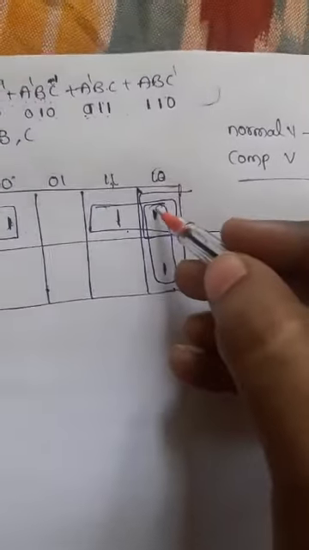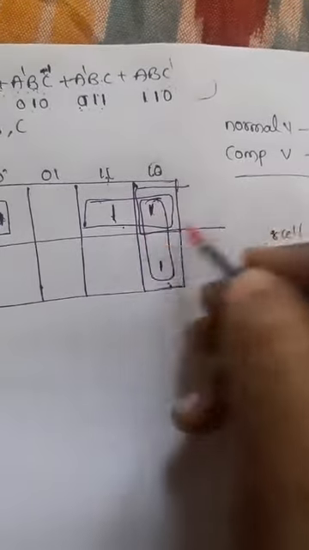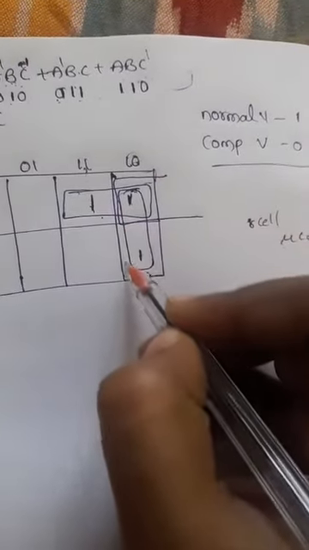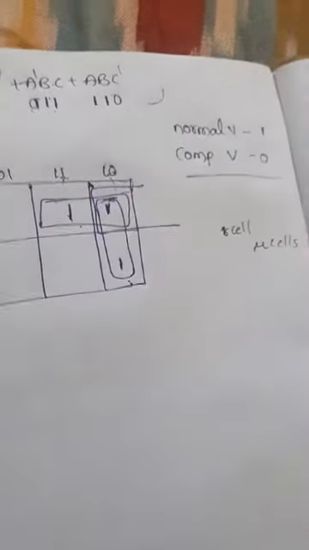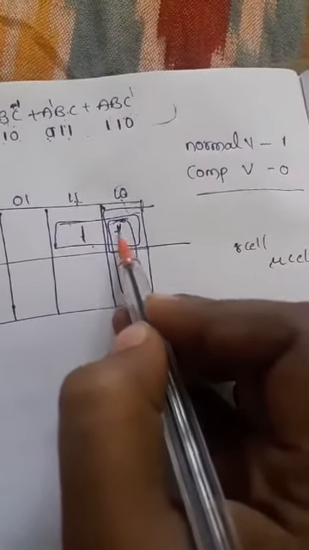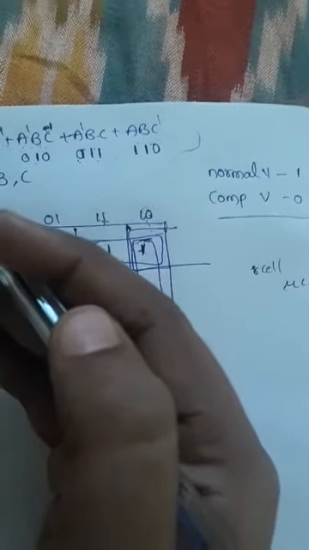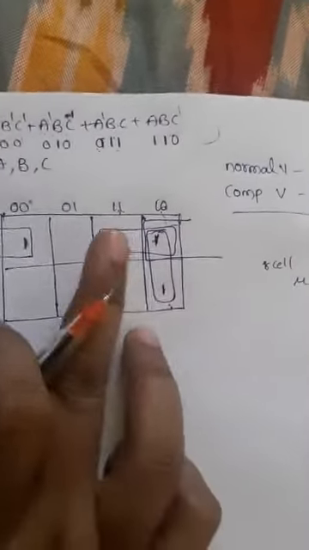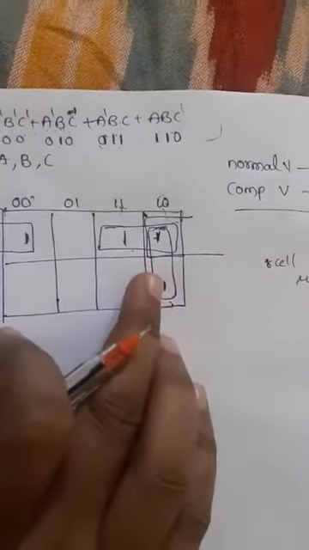Double is nothing but, just check it, these two are one pair and these two are one pair. That means we need to group two cells, that is a double, right? So I can group like this, these are the two cells and these are the two cells. Once a cell is grouped in one group, it can again be combined into another pair also, no problem. So overlap is possible in a K map. You can group like this also. These are the two doubles we are getting from these three cells.